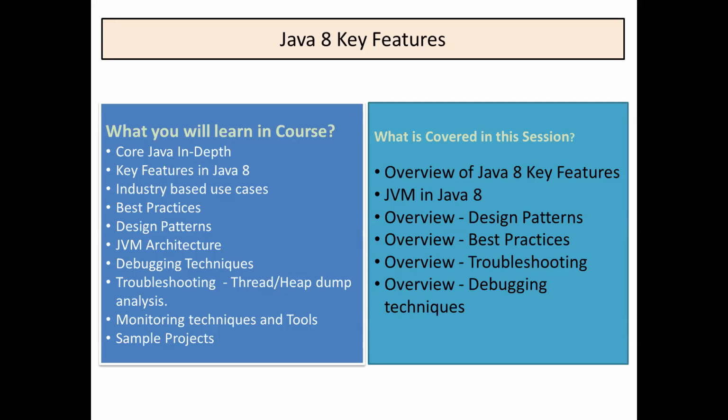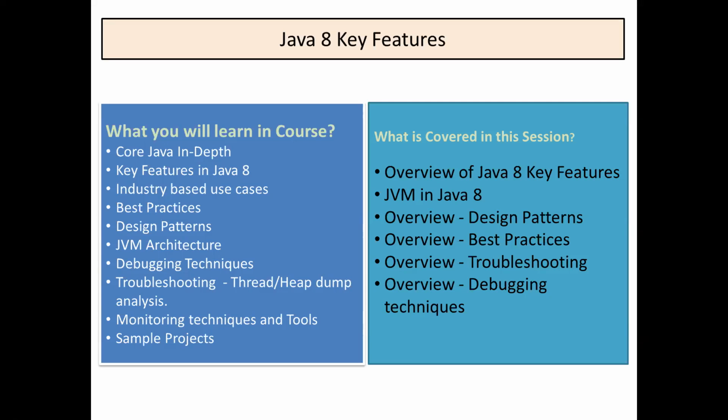Today we'll talk about the key features of Java 8, and then we will also touch upon the JVM, the Java Virtual Machine. We'll see how the architecture of the JVM has undergone changes in Java 8 compared to the previous version. I think this is the most important part everyone needs to understand, because it helps us once we understand the JVM architecture. JVM is the Java Virtual Machine, in case you're not aware. This is the core part of Java. Once we write the code, if we have to run the code, we need a JVM, a virtual machine.